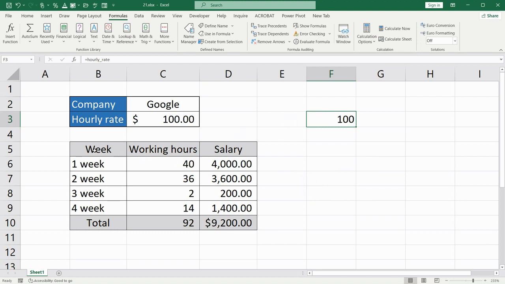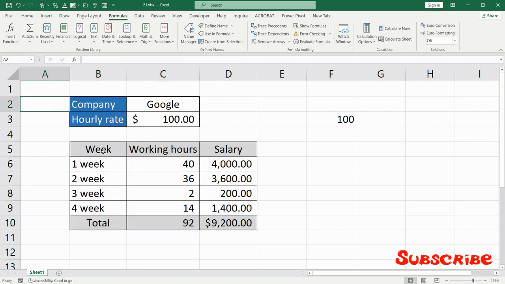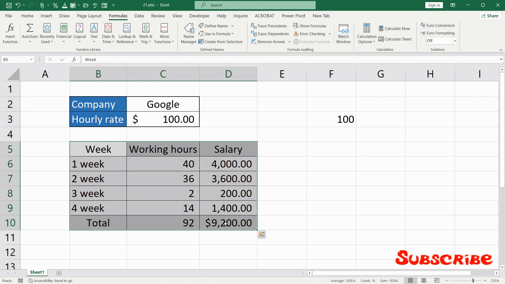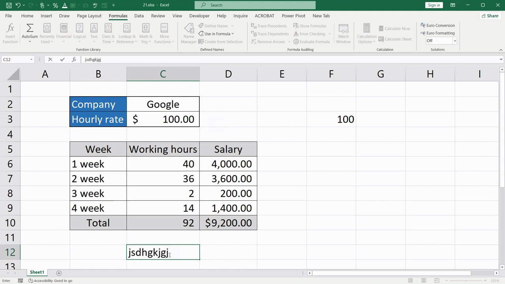You can also name the whole chart like this and give it a name, table 1. This function is preferably used when you need to print some range, not the whole workbook or the whole sheet. For instance, if you have some data up here and you need to print this chart, then you can go to,